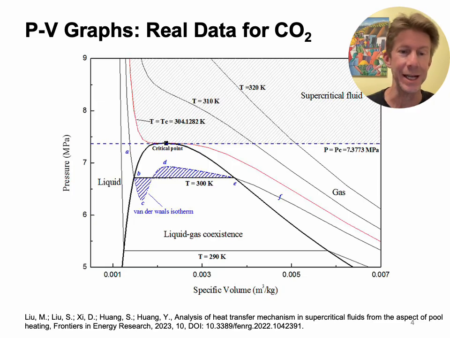Of course, the gas has a lot more volume, a lot bigger volume. Go down to 290, and you'll still see the same thing. They're not showing the van der Waals isotherm, but it would go down, come up, and connect over there as well. And so let's say this is real data,